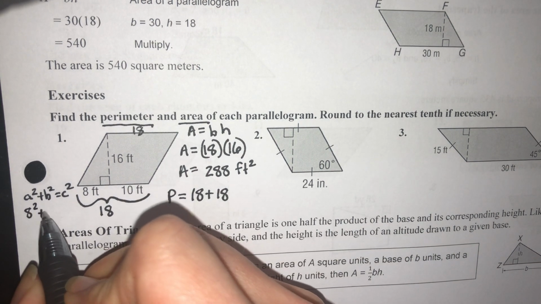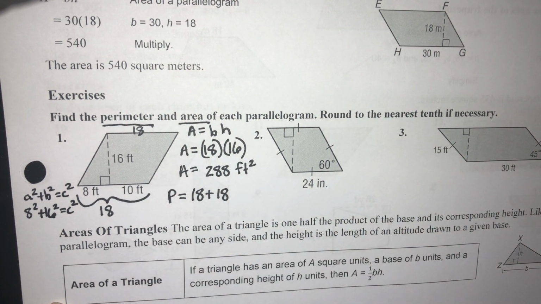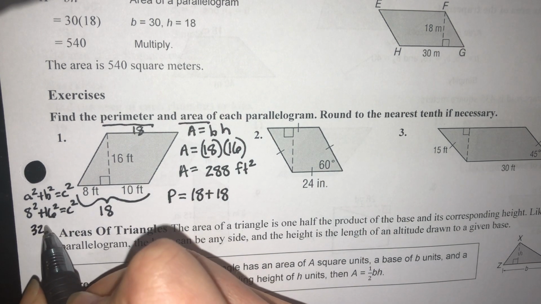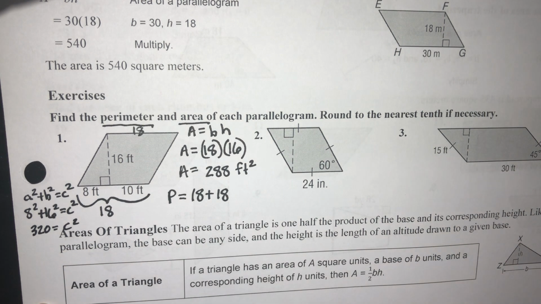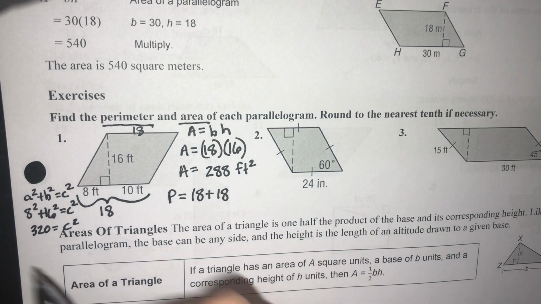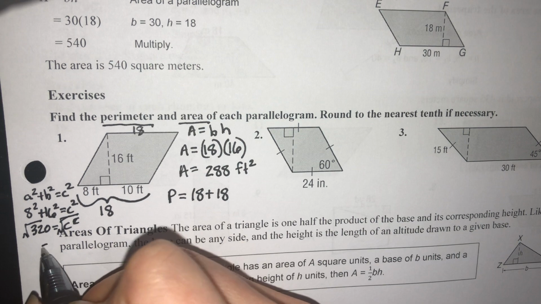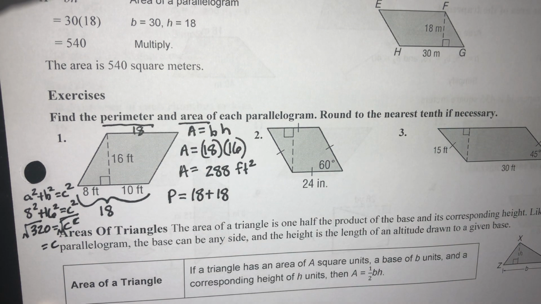8 squared plus 16 squared equals c squared. And if you add 8 squared plus 16 squared, you get 320 equals c squared. Then to get that c by itself, we have to get rid of the square. To undo a square, we take a square root. So take the square root on both sides, and c is equal to